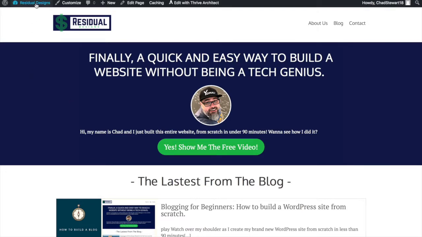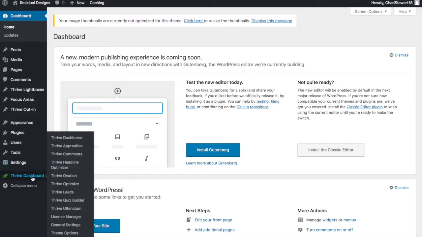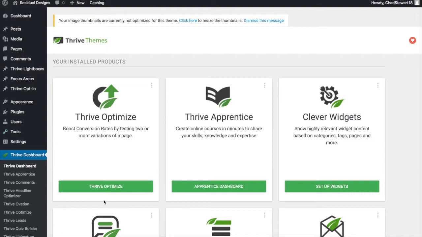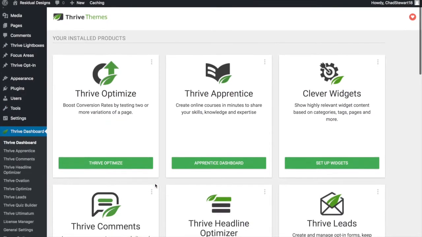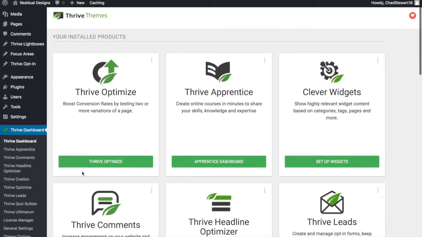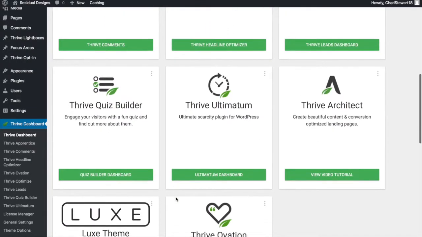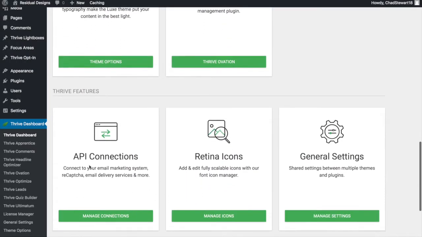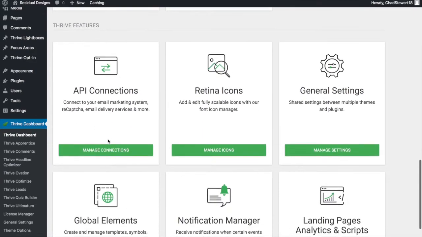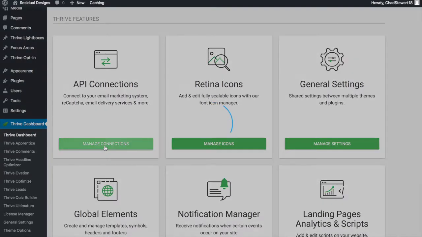So the first thing I'm going to do is log into my WordPress dashboard. And I'm going to go to Thrive Dashboard here. I already have the Thrive Architect plugin installed. Now, if you don't have the rest of these, I have all of the Thrive plugins, so you may not see a lot of these if you just have Thrive Architect. But what you're going to want to do is scroll down until you see API connections right here. I'm going to click on Manage API Connections,